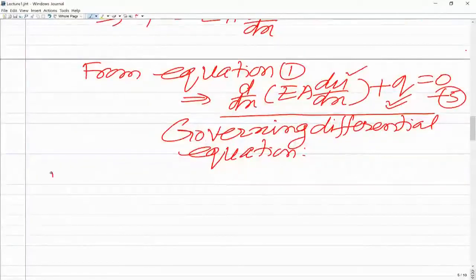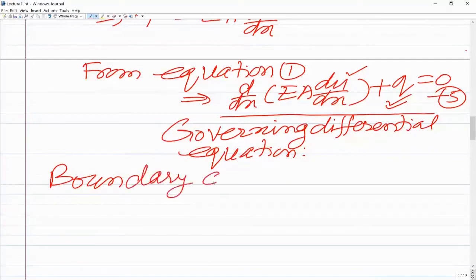Now if you want to look at the boundary conditions in this case, this is a static equilibrium problem. So initial conditions do not come into picture, but when we have dynamics problems, time dependent problems, where time derivatives are also involved, then initial conditions also come into picture. But in this problem, this is a statics problem, there are no time derivatives involved, and so it requires only boundary conditions. So the boundary conditions are: